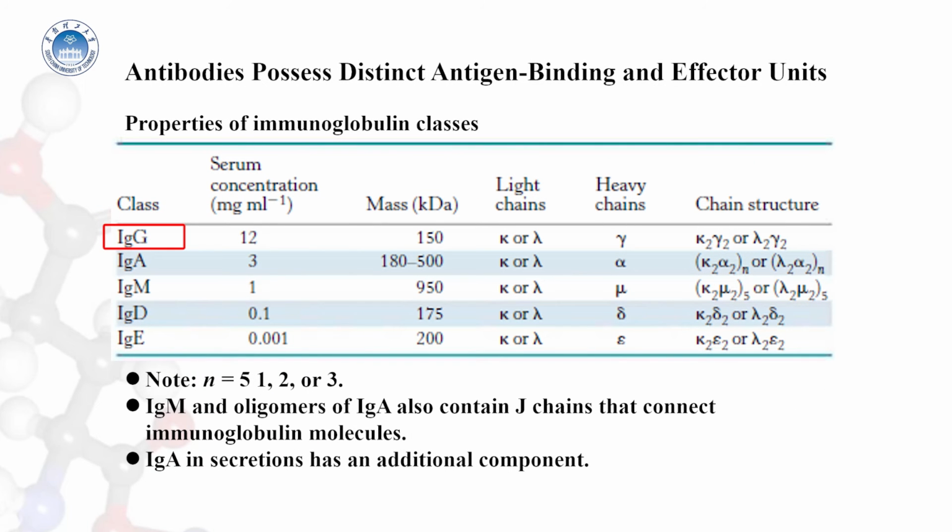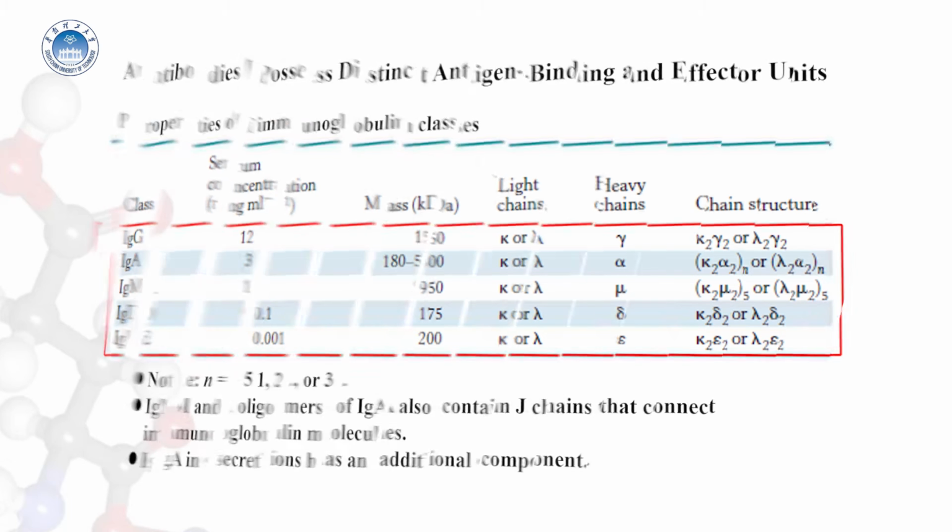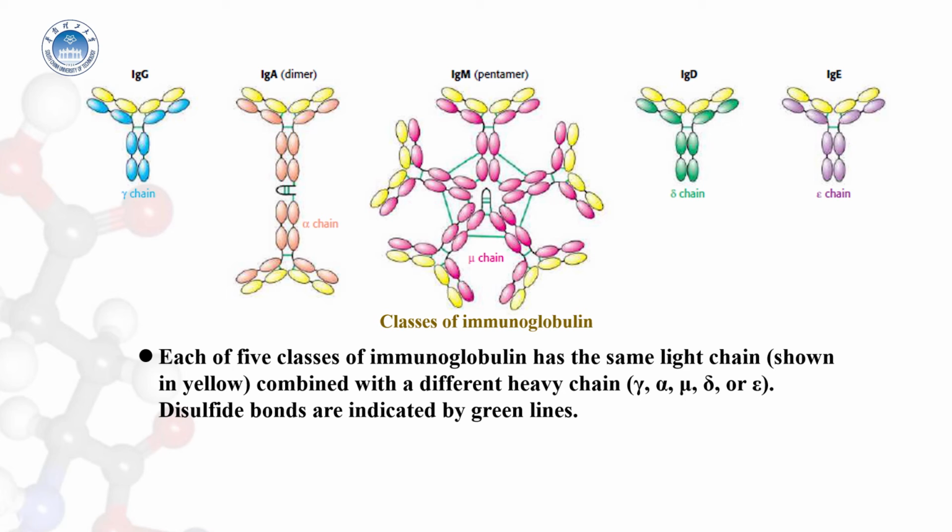Immunoglobulin G is the highest concentration antibody in serum, but there are other kinds of immunoglobulin, and the main immunoglobulins in the serum are listed in the table. As shown in the figure, each class of immunoglobulin includes a light chain, either kappa or lambda, and a distinct heavy chain. The heavy chains in IgG are called gamma chains, whereas those in immunoglobulin A, M, D, and E are called alpha, mu, delta, and epsilon,